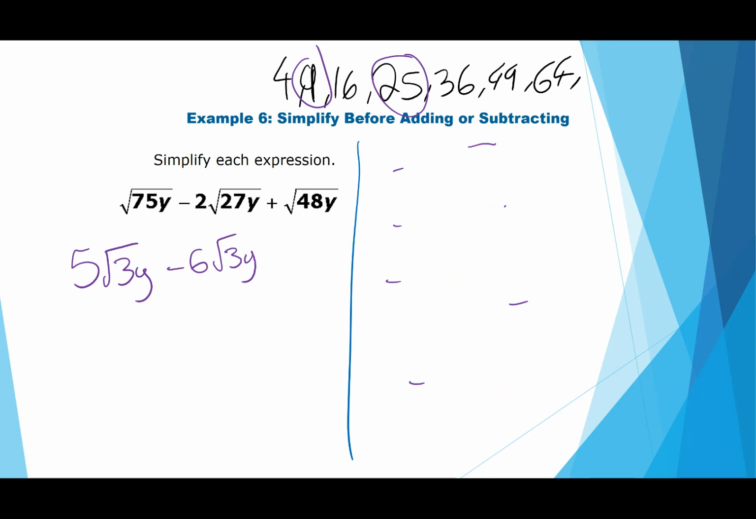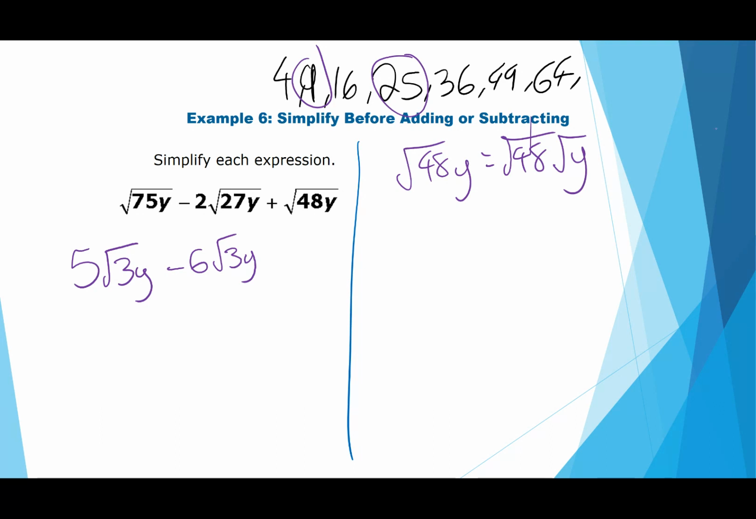Now let's do the last one, the 48y. So square root of 48y. Let's go ahead and separate the 48 from the y, and let's focus our attention on square root of 48. So 48,